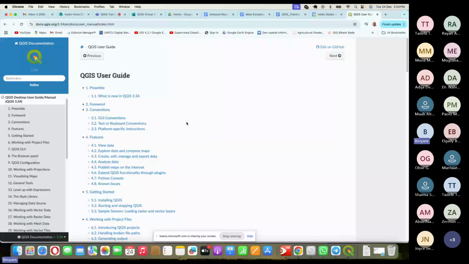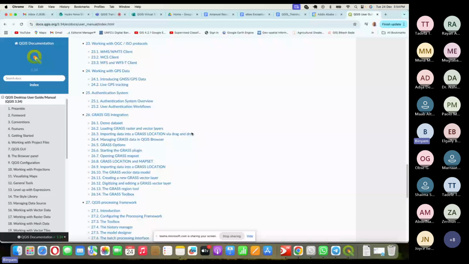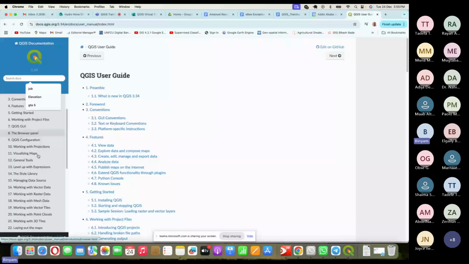It has many documents related to what you would like to do, especially now for working on vector data, laying out the maps. Okay, it is 22. So here,